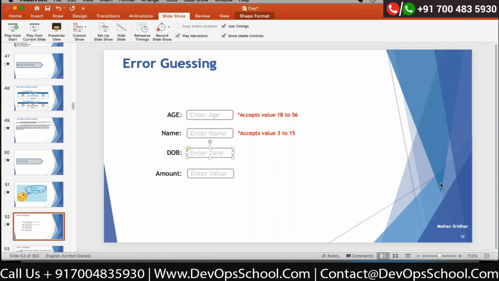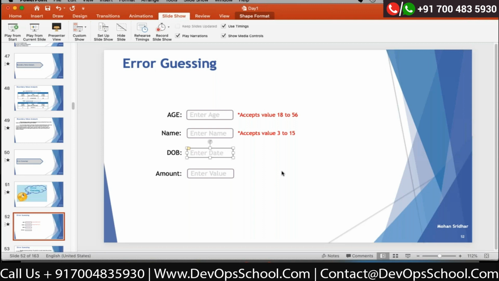It should not allow a future date. It should be less than today's date. Some applications will allow dates less than today's date, but some applications will not allow you to select a date below 18 years. So somehow they will build it.